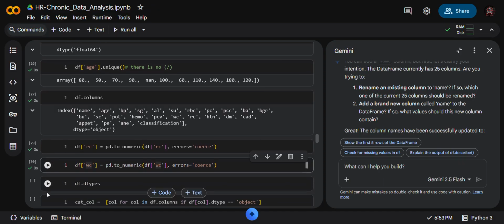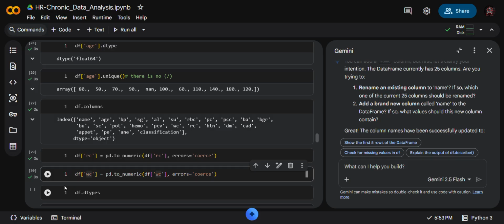Now, like I said before, whenever you're using any command, you can put and check step by step. Step 1 is the command, the main command. Step 2 is unique. Step 3 is dtype. Step 4 is columns. And whatever you want to add as any step, like df dot describe, df dot describe with include is equal to all.